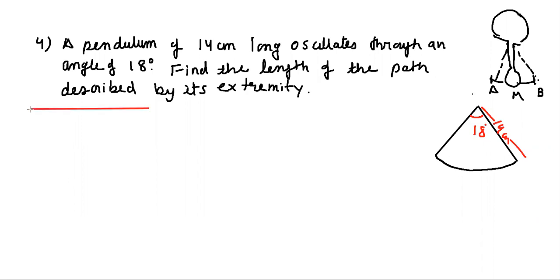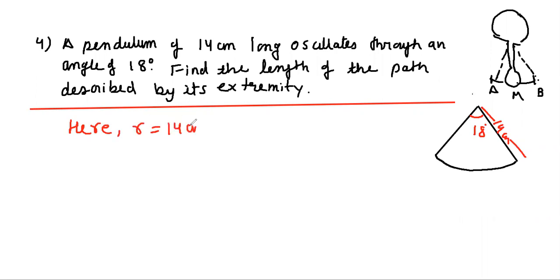Now it is forming an arc, every arc has a radius. So the length of the pendulum here is now acting as the radius of this sector actually, और ये जो आर्क है उसका रेडियस को बता रहा है वहां पर, ठीक है. Now what you are given with, so we know that now suppose this is a sector, I will write down here. We are given that r is equal to 14 centimeter radius, okay, and theta is equal to 18 degree.